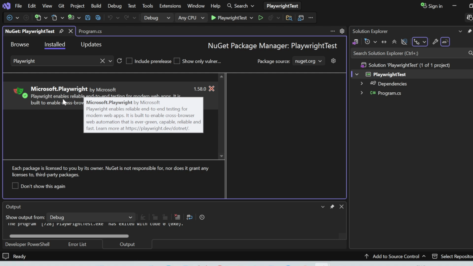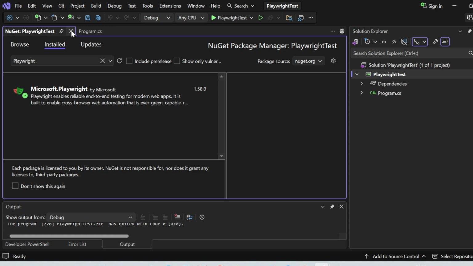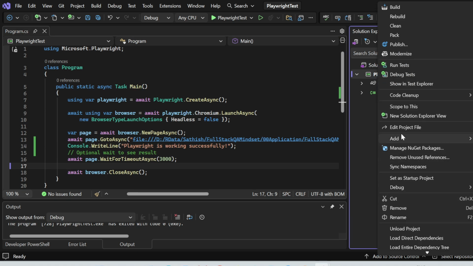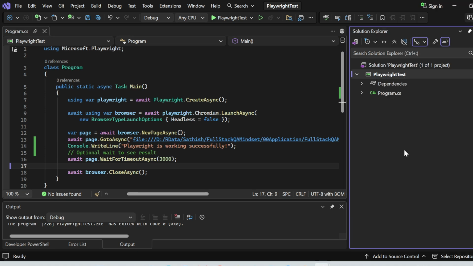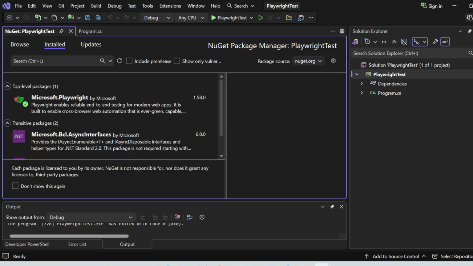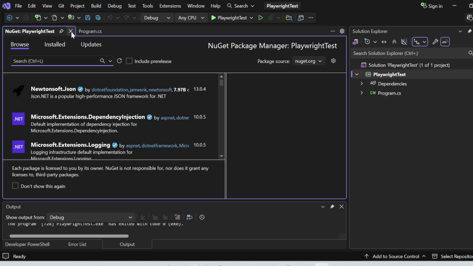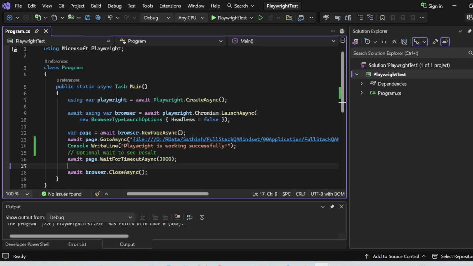If in case you are not able to see these things, and you see some error message when creating a Playwright object, then in that case we need to simply select the project, come here, Manage NuGet Packages, and install Playwright. So this way we have done the successful installation of C Sharp with Playwright, and we have executed our